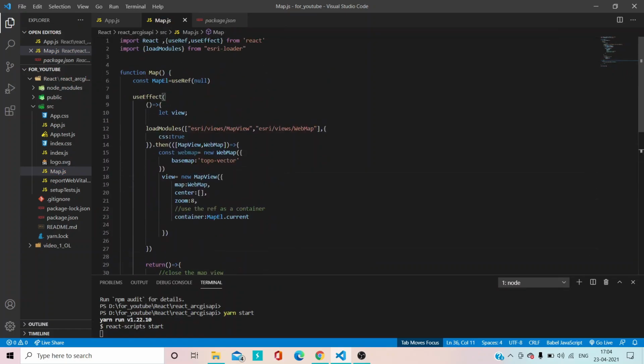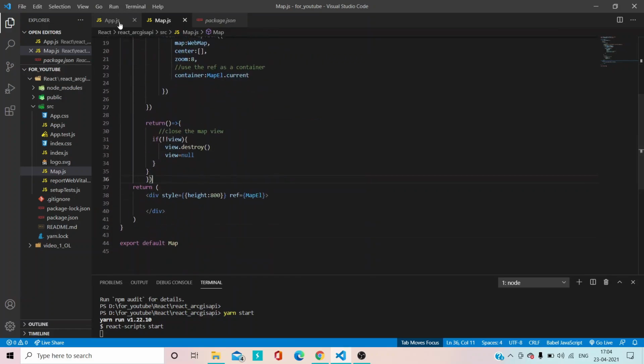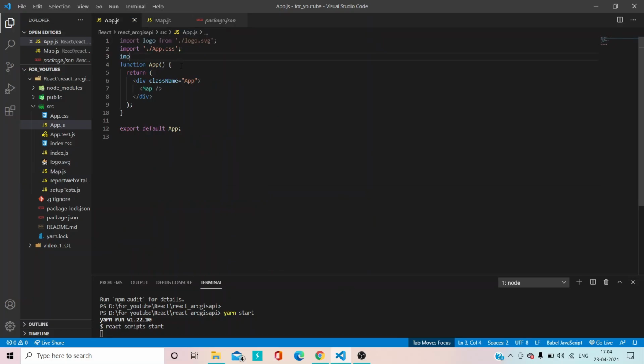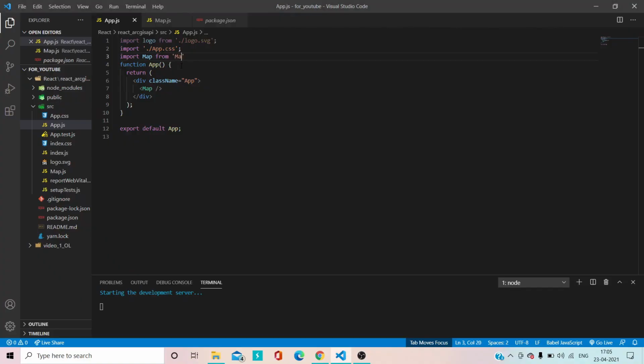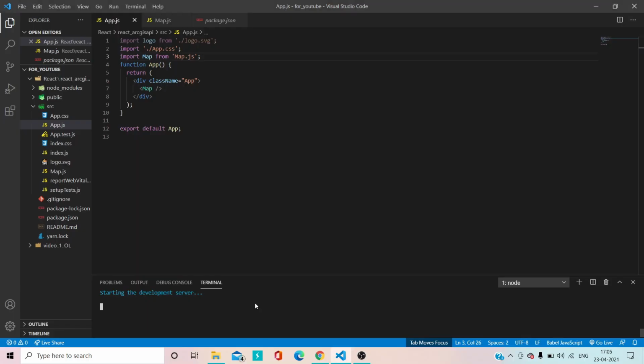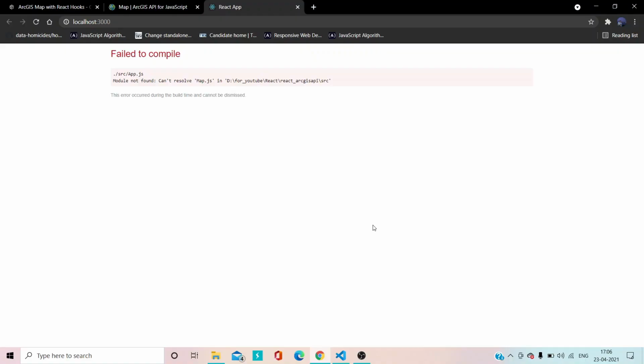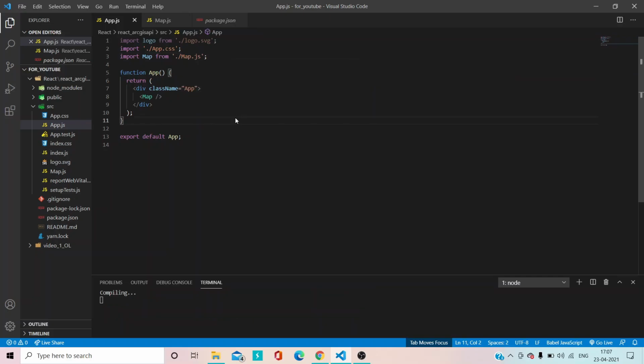Now our functional map component is ready. We have exported it also, and now we need to import it here. So Map from map.js. I think we have got everything we needed. So let's try and run the application. Yarn start, and then we have an error, can't resolve map.js. Okay, I forgot to mention the location. Now again,